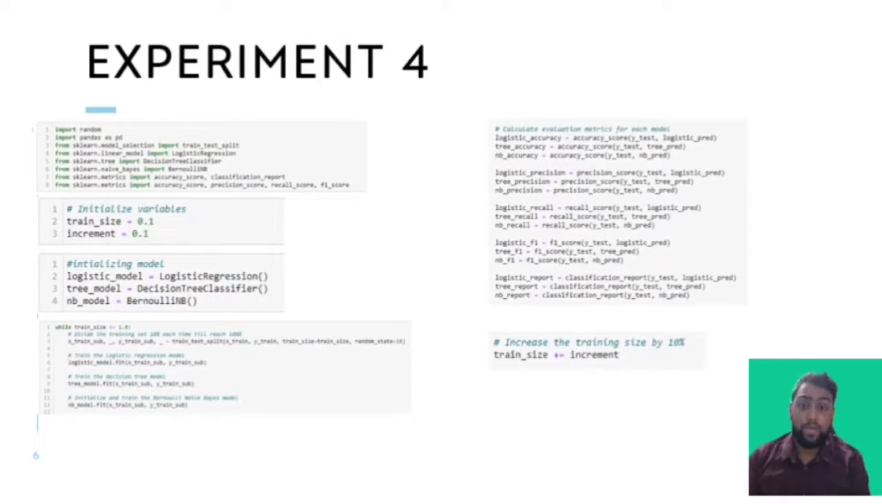For experiment 4, let me briefly explain the code itself. I use a while loop to make sure the training size increases by 10% every time. As you can see, the training size started at 10% and then increased by 10% each time. I used the training set from the previous experiment and split it, taking 10% in the first loop, and then train the model